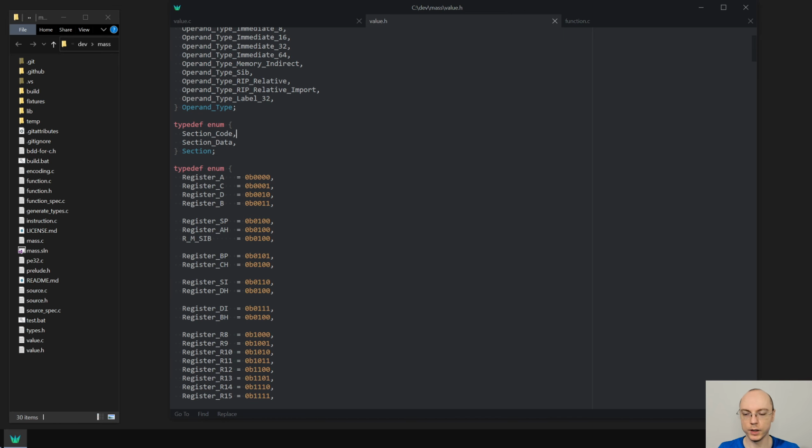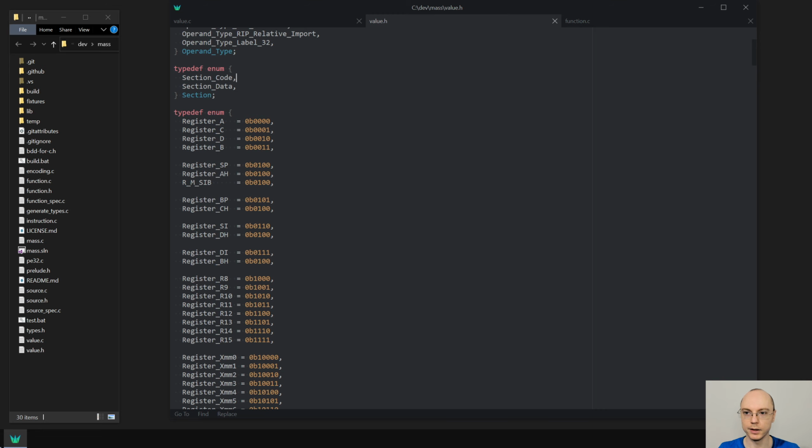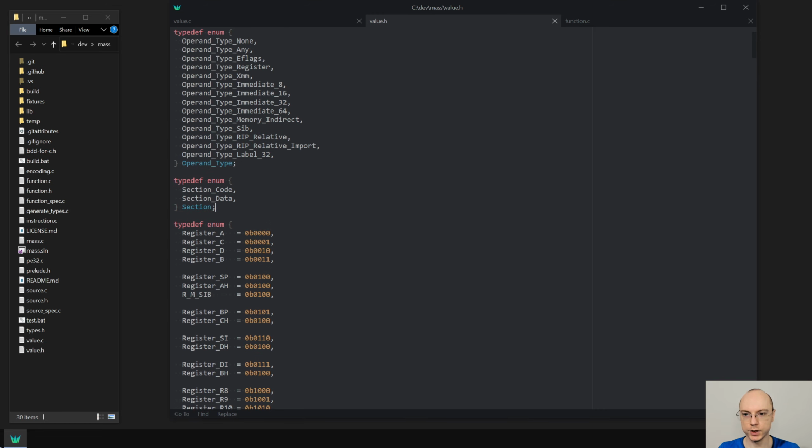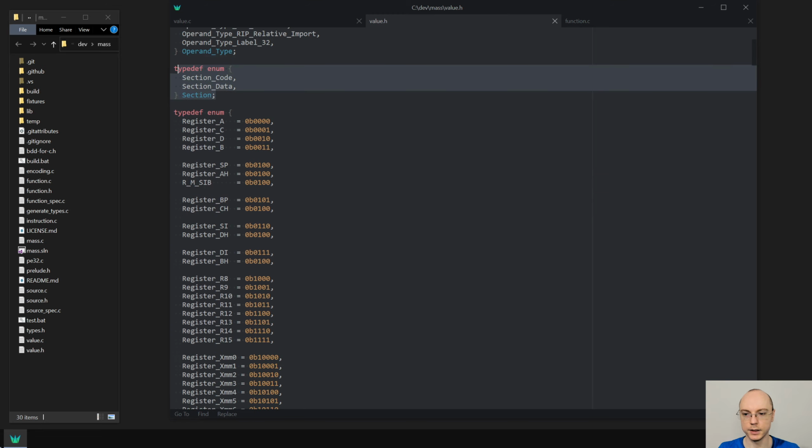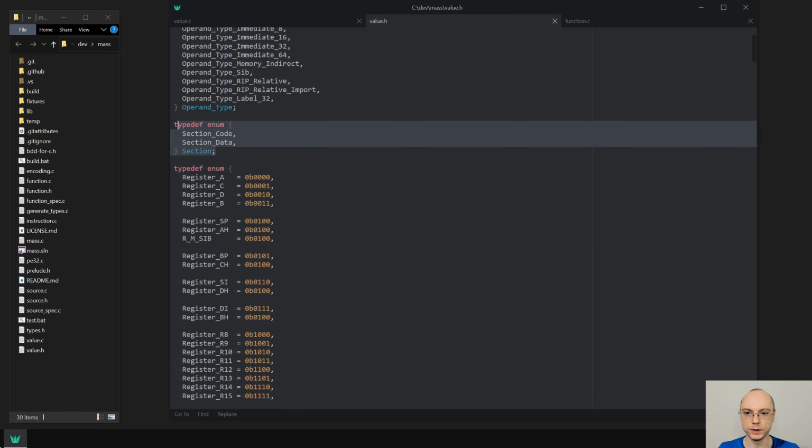In the last video, I made this change to make labels be relative to the sections. So now we have this enum that says whether it is section code or section data. And this was a good middle step for this refactoring. And if you haven't watched this video, I will add an overlay there, a link, so you